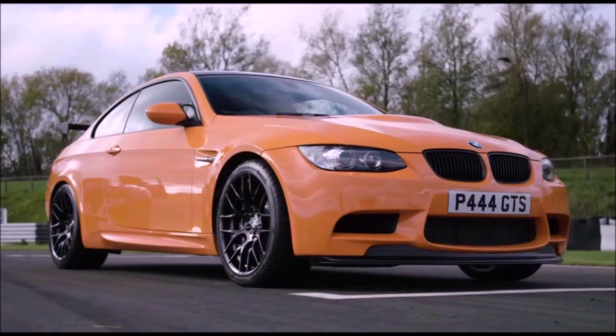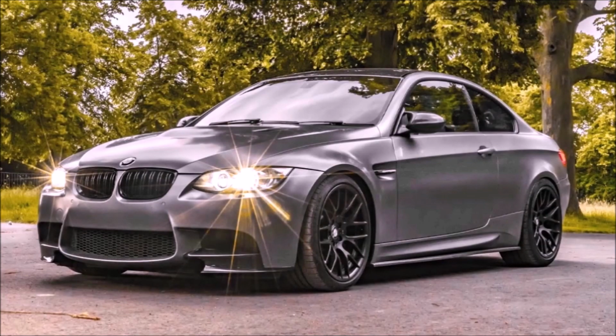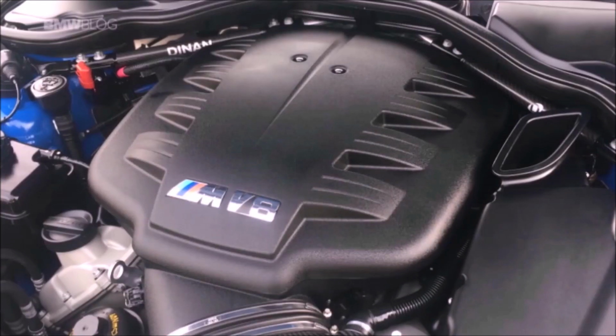I would try to buy the lowest mileage car you can find. As I proved, throttle actuators can go out at any mileage. But rod bearings, obviously, if you get a higher mileage car, you're going to have to do it. And if a car had rod bearings done 50,000 miles ago or 100,000 miles ago, you might want to do them again. I think what you want to do is reset the clock,